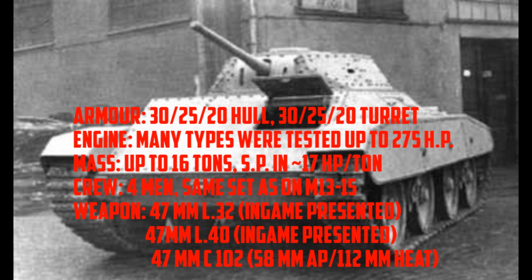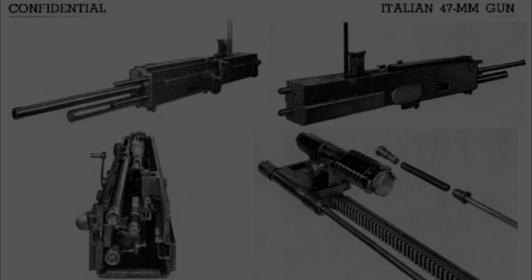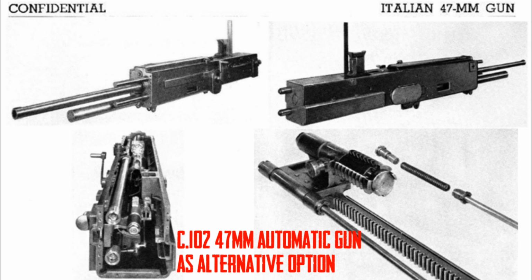...which is outstanding for that period. New Christie suspension evolved speed limit during testing up to 55 km/h with the project engine. Armor scheme changed slightly, although plate thickness stays the same as for the early prototype. Weapon hasn't changed at all, it's the same ordinary 47 mm cannon, but there might be an alternative project version with an automatic